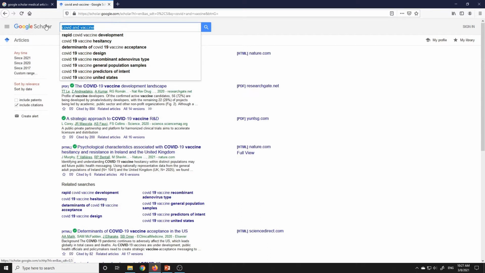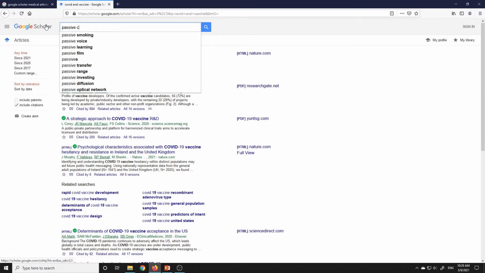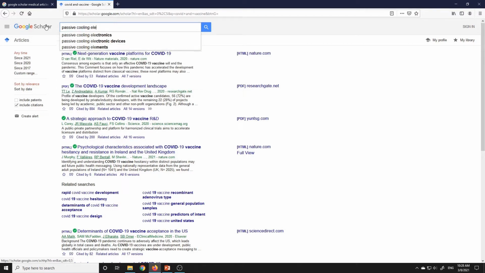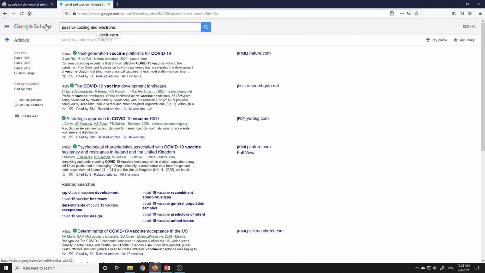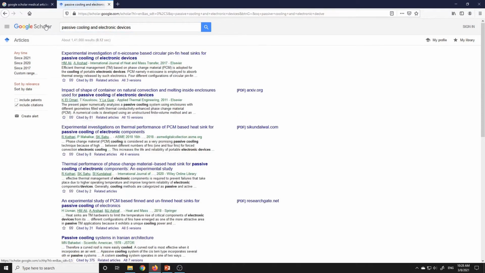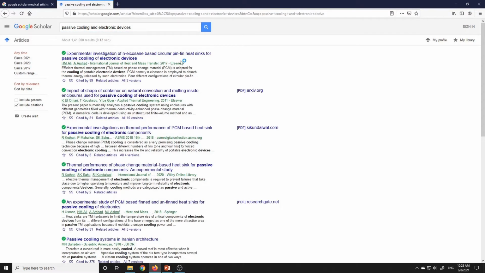Let's try something else: passive cooling and electronic devices. So you are getting results here, and you can include citations and patents also.